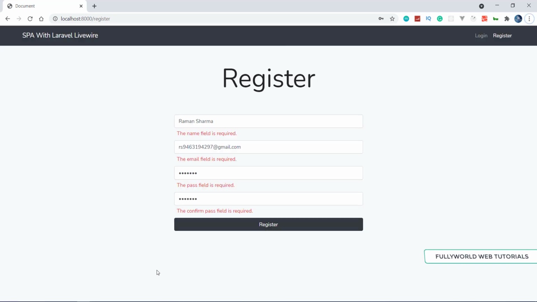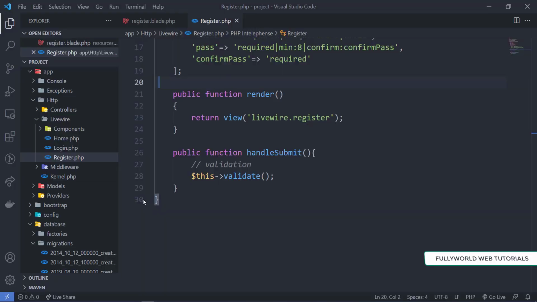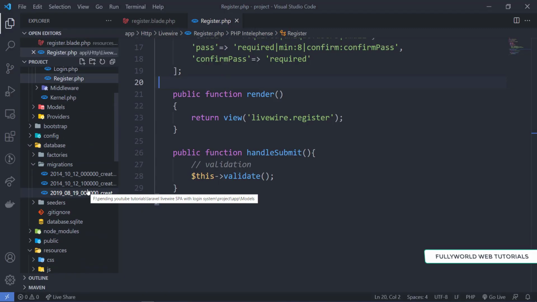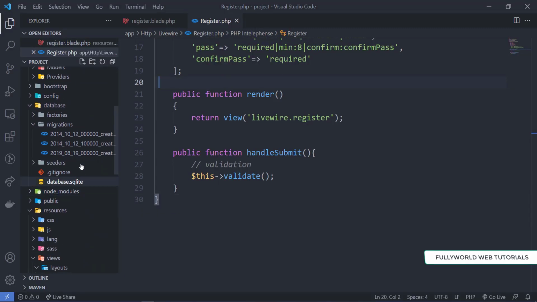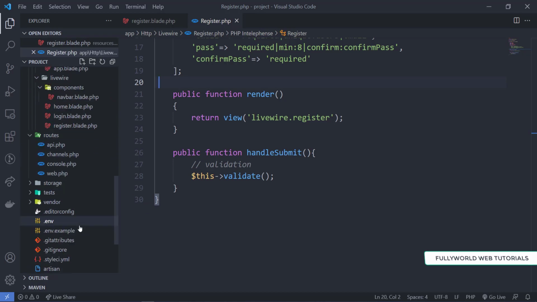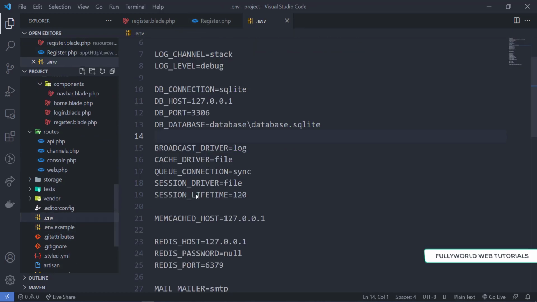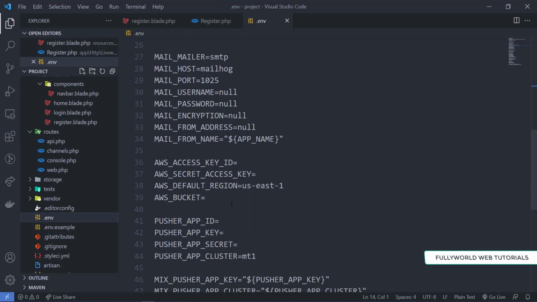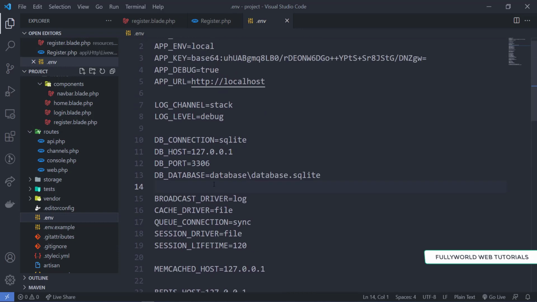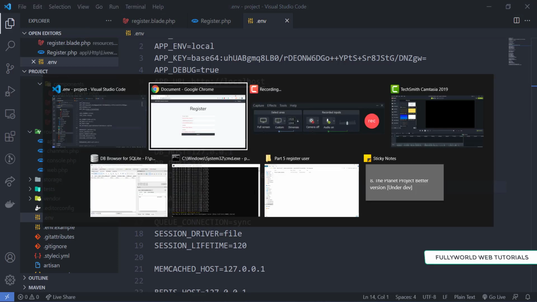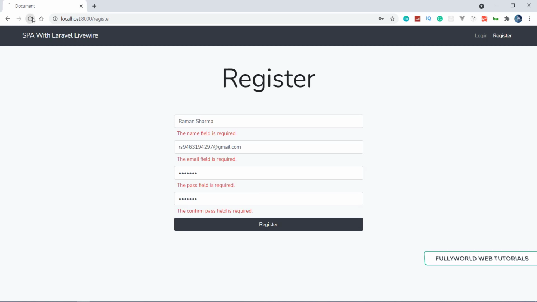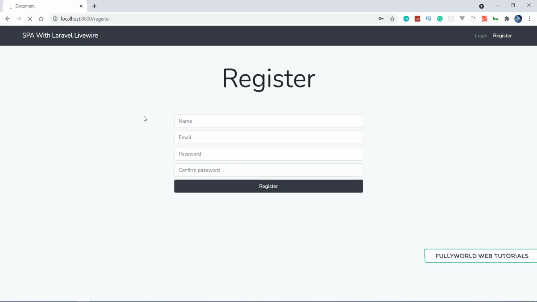So we are getting an error in the database. Let's see what we are getting here. This is in the .env file, and here we have to write the app database and database.sqlite. Now let's refresh it and see what we are getting.